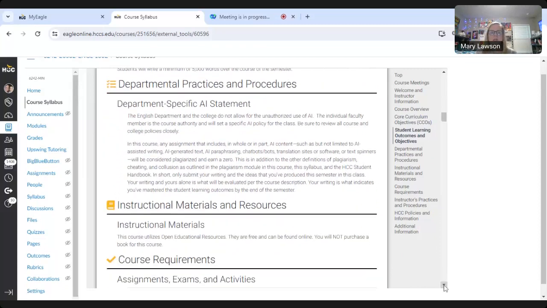Our department-specific AI statement: the college and the department do not allow for unauthorized use of AI. And so that y'all know, individual faculty get to set their own specific rules for that. So I want to go through this and make sure that you understand it. Any assignment that includes in whole or in part AI content. So if you have AI assisted writing, AI generated text, AI paraphrasing, if you've used information from chatbots, translation sites,